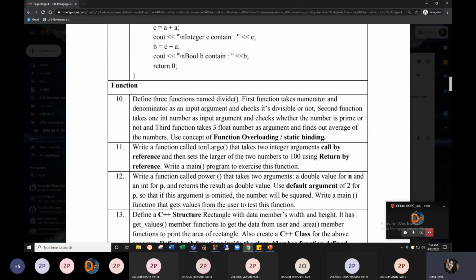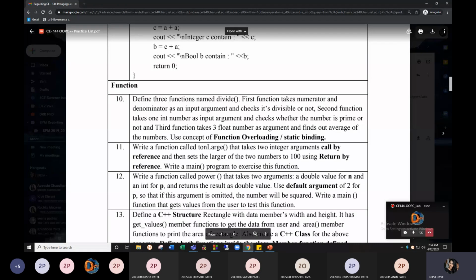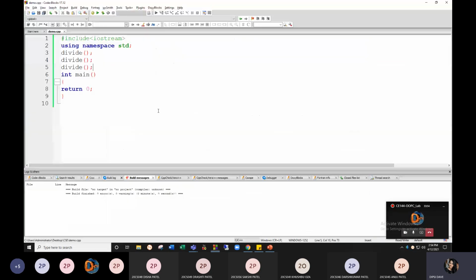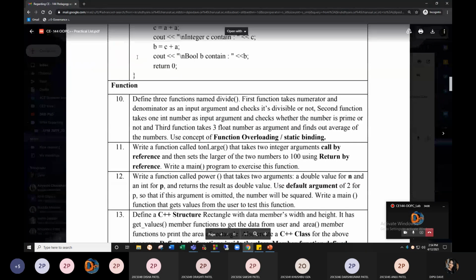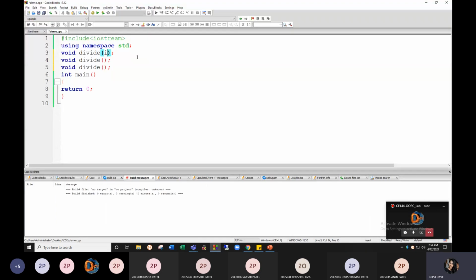The first function takes numerator and denominator. Let's say all the functions are returning nothing. We want to check if it's divisible or not, so we need to take integers.